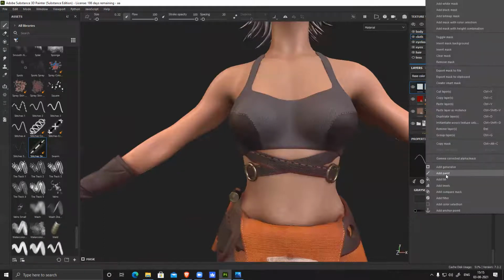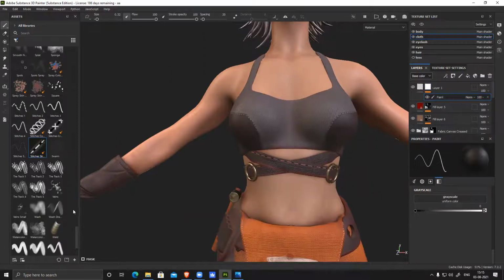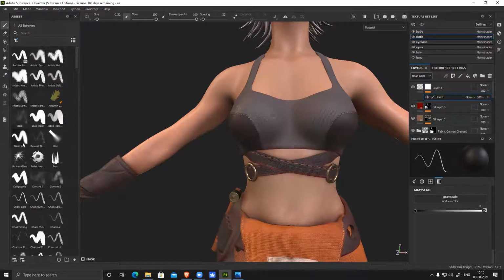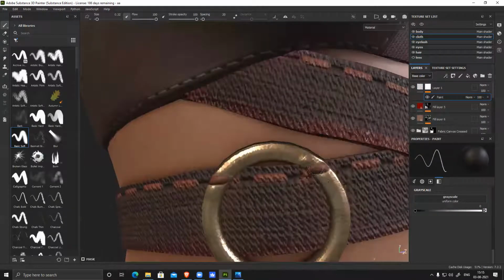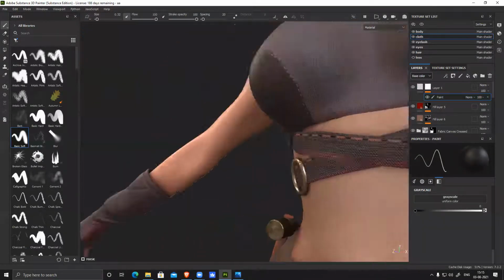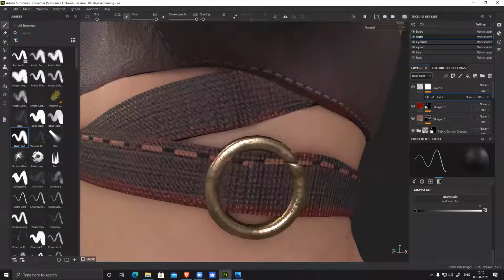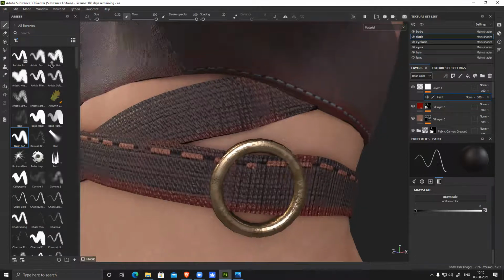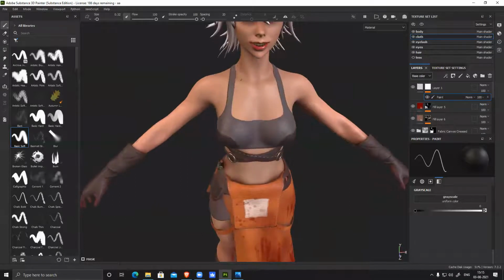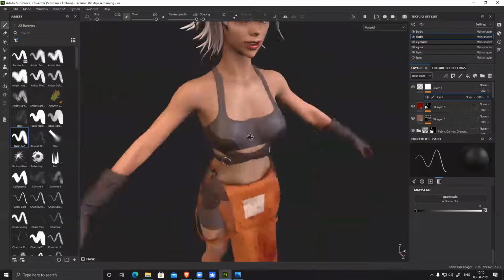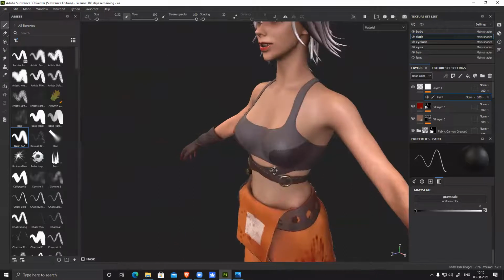White mask and add a paint. Remove it from this ring. Fix this. Similarly, I can add more stitches here and make it like realistic cloth.